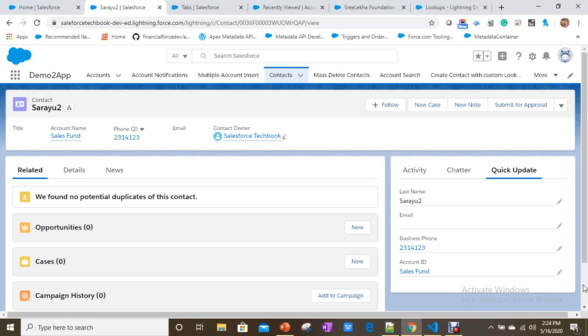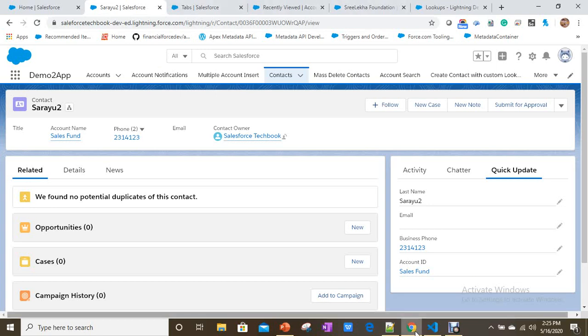And for showing the modal box also, I'm using this Lightning Design System modal and showing Lightning records. In the modal box I am showing account insertion with the help of Lightning Data Service by using our base component Lightning Record Edit Form. This is how you can work with that.